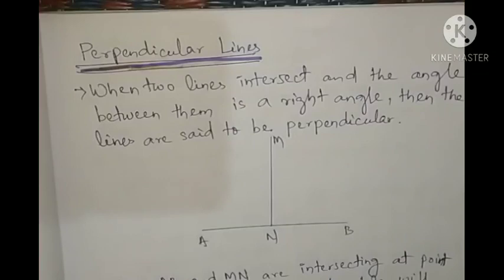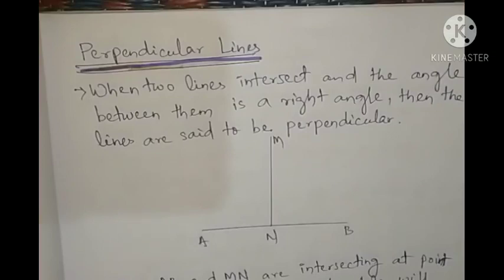So today we will study perpendicular lines and the different types of triangles. Means we will classify triangles and see what different types of triangles there are. In the last class we studied basic geometrical shapes, understanding elementary shapes. In that we studied different types of angles, acute, obtuse and reflex, and how we can measure them with a protractor. So let's see perpendicular lines first.